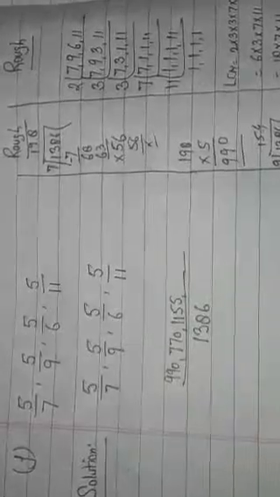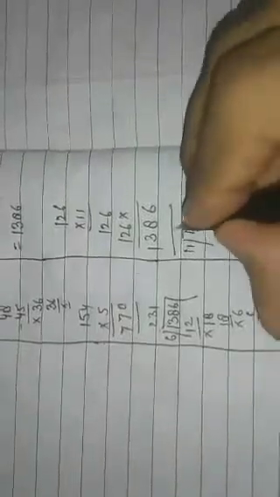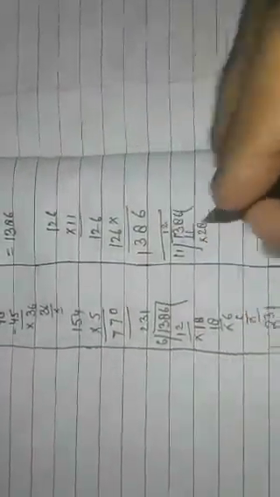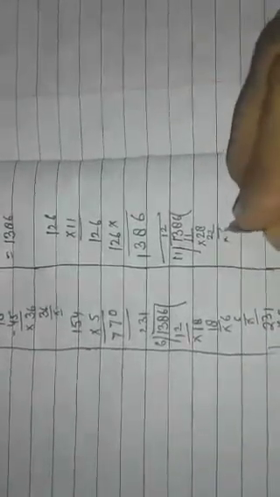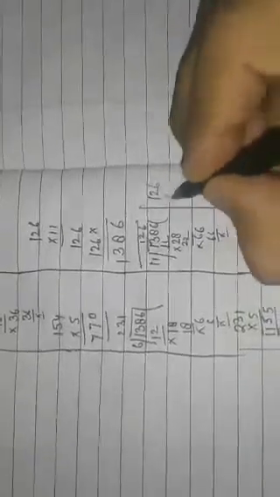It means you will divide by 11. So 11 and the LCM number is 1386. 11 1s are 11. Okay, then 2, 8. 11 2s are 22, then 6 and 6 will also be noted down. 11 6s are 66. So 126 has come. Now you will multiply 126 into 5.